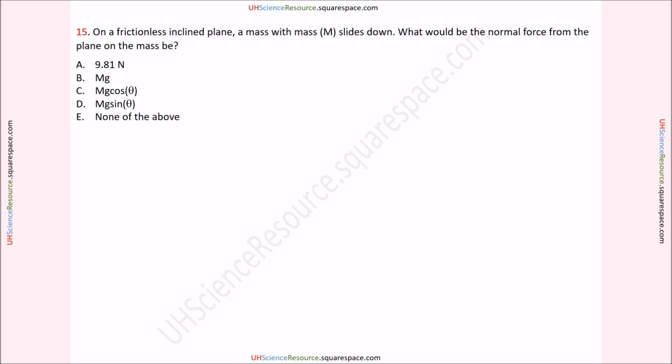This is question number 15. It says on a frictionless inclined plane, a mass m slides down. What would be the normal force from the plane on the mass? Okay, so since we're not really given anything, let's go ahead and draw out a picture to see what's going on. So we have an inclined plane that's frictionless and a mass m is sliding down. And we're asked to find the normal force